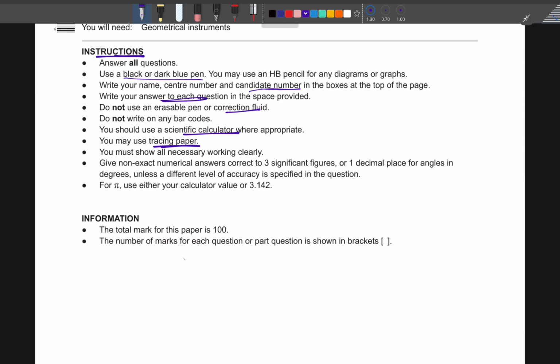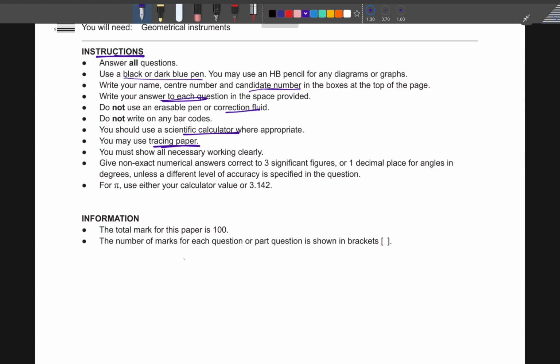I'm going to teach you both methods. I'm going to also teach you a method where you don't have to use the tracing paper, but you can always go with your tracing paper. So look for a tracing paper right now. Go through the shops, find a tracing paper, and then when I get to the question where I'm going to use it, I want you to use yours as well. It is allowed.